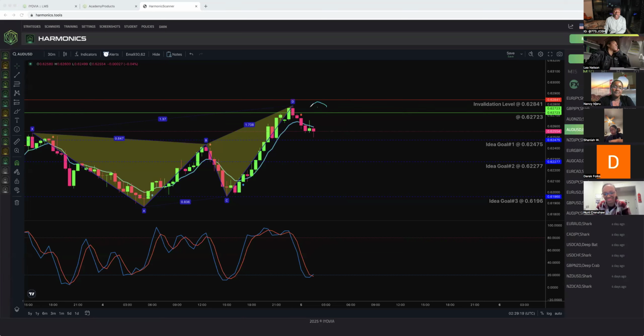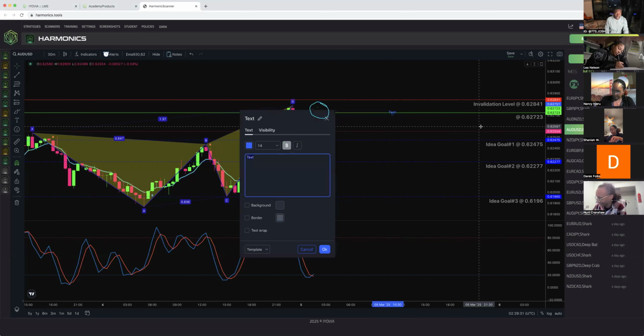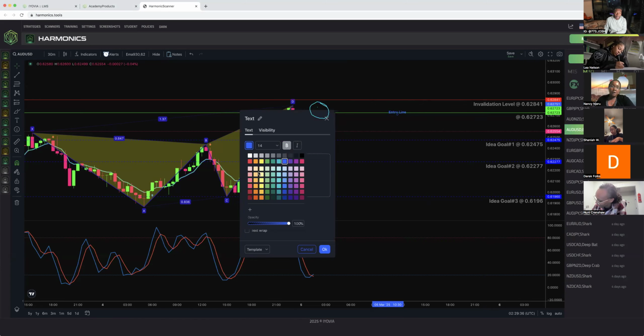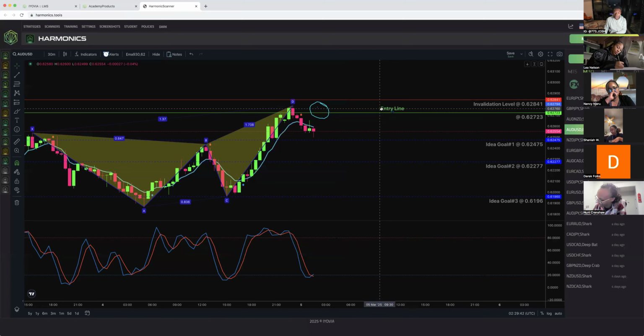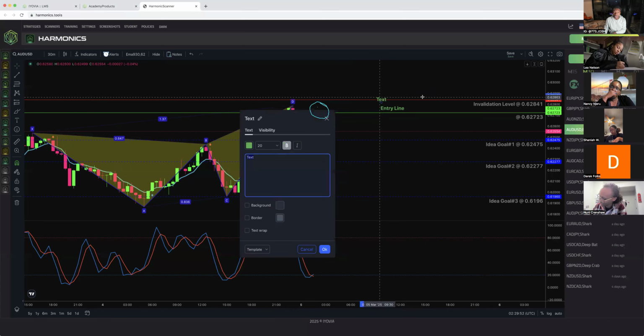So right here, we have the green line. This green line, and this is a key. So this is not the steps, but this is a key. Write this down. The green line is your entry line. I'm going to make this green for you guys. The red line is our stop, like a stop sign. It's our stop loss. This is going to stop us from losing more money than what we're okay with losing.